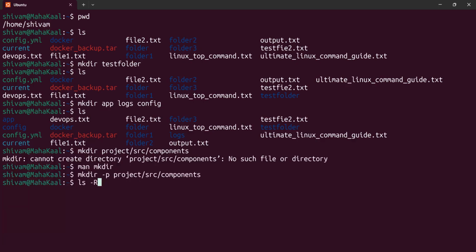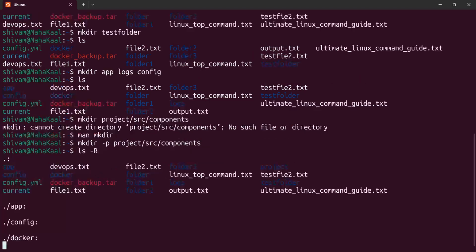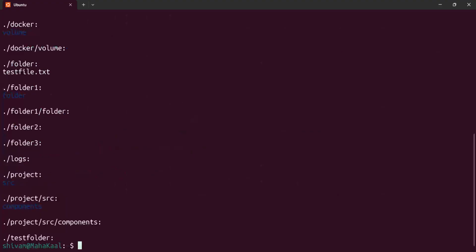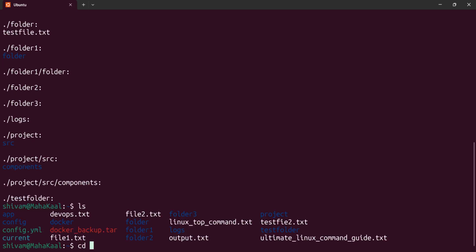Let's say I want to go inside the project, then src, then components. I want to see from here itself, without going inside the project folder, what are the folders and files inside the project, and then what are the folders and files inside the src. For that, we have the command ls capital R. It will recursively list the files and directories of the folder. So we can see that a project is already created. Inside the project we have the src, and then inside the project and src, we have the components folder. And inside project/src/components, it is blank because we did not put any file or folder inside that. Still, if you want to go and confirm it,